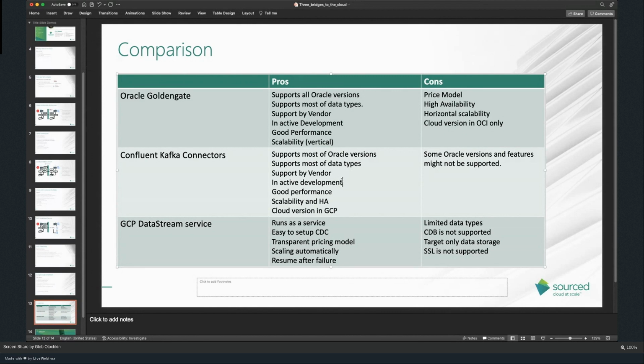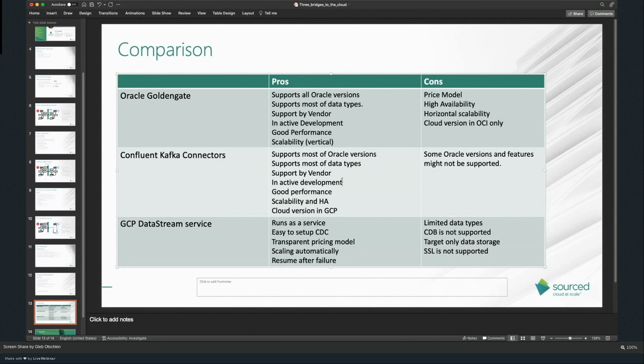It is in very active development, has good performance and scalability, and has a cloud version in GCP, which relieves you from the management part. You don't need to put much effort into managing the Confluent Kafka Connector itself.